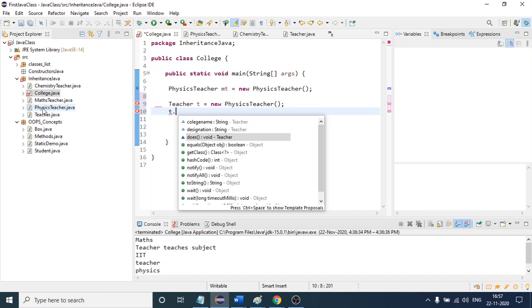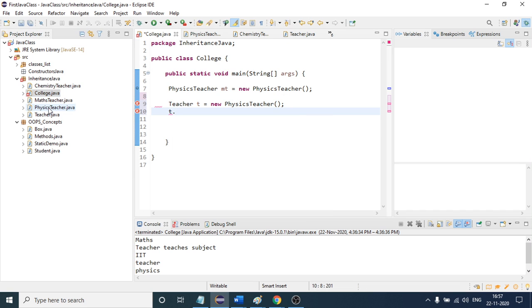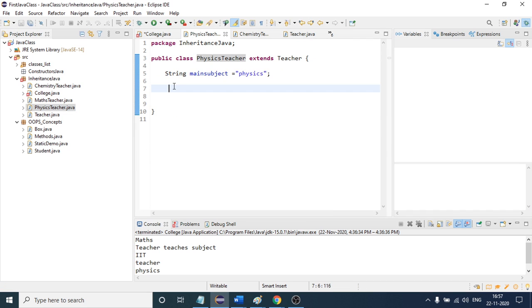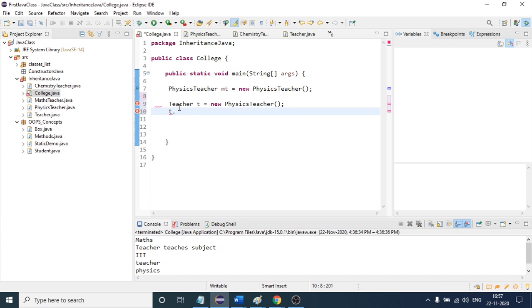So if I define one more variable here, suppose this is what we are talking about. If I define any method, so physics, let me make it a method, void physics, and System.out.println physics class, something like this. So if I create the object of this class, right here only, this time I have created. So if I say t dot,